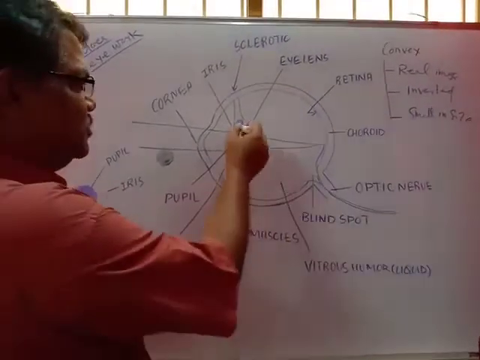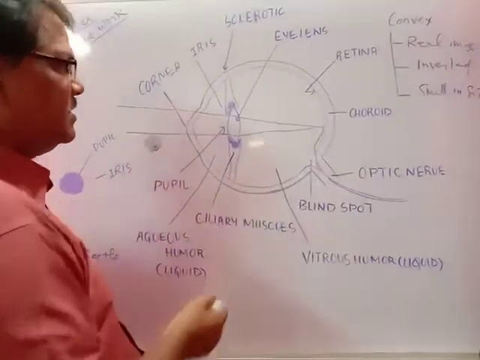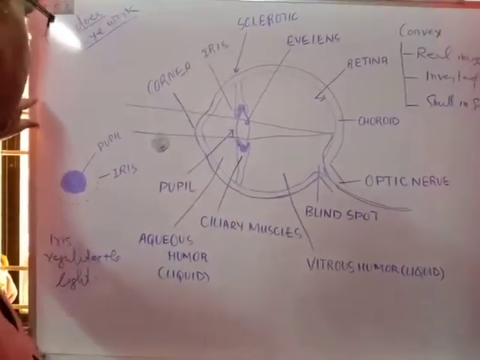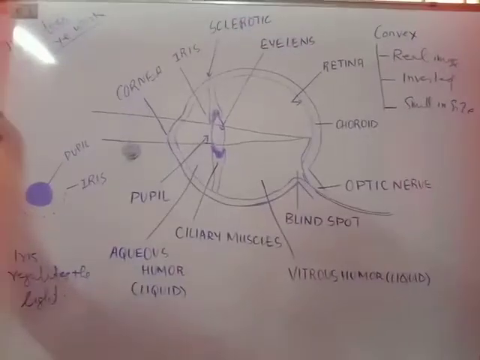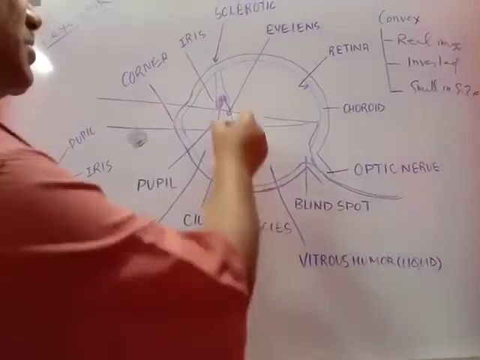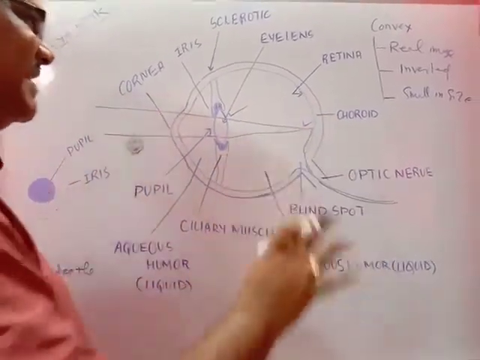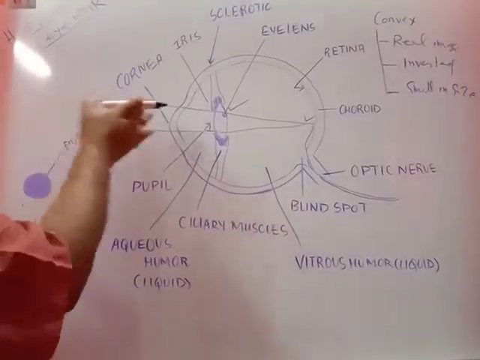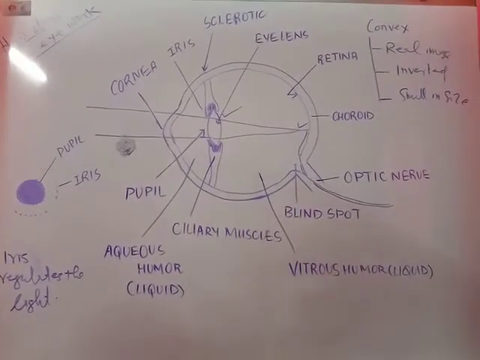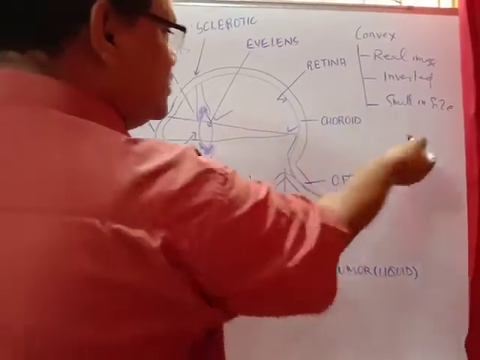The position of the eye lens and the position of the retina is fixed. You must be thinking, if the position of the object is changed, suppose the object is going far away from the eye, or the object is approaching the eye, what will happen? Because the lens position and the retina position will not be changed. If the object position is changed, the image distance will be changed. Either the image will be falling before the retina, or it may be falling outside the retina.